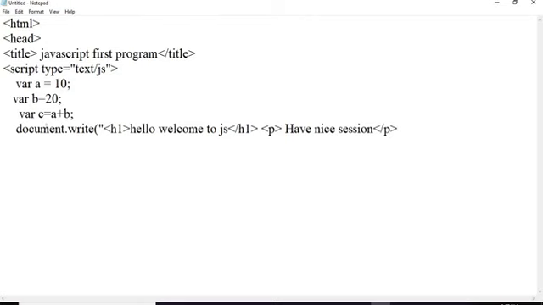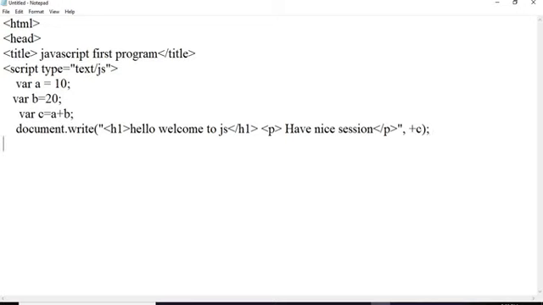Then I have to display the variables, so I will close the double quote and will add the comma and have the variables with plus operator c. So this is going to display the output of the values, that is addition is going to display in a c variable.